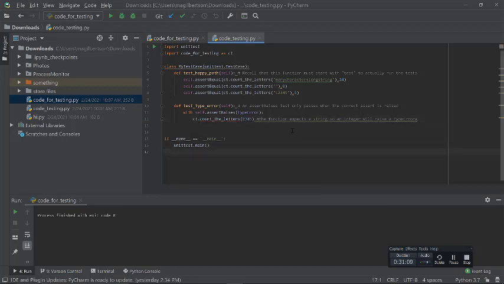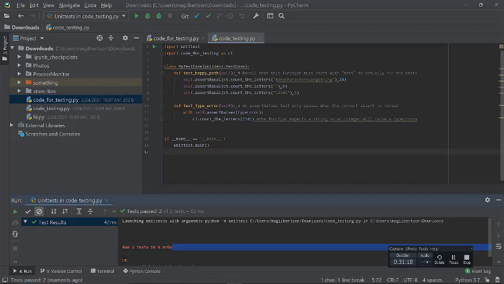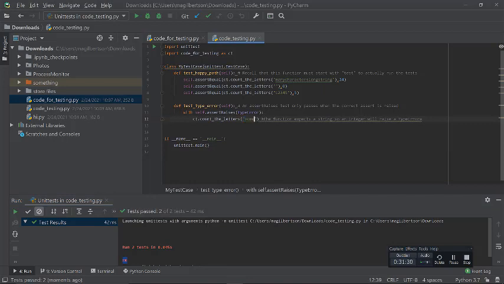If I just run this, there it goes. You can see I've ran 2 tests and everything's okay. Fantastic. Everything did what I expected it to. Just to show a bad case, if I send this something, this will not raise a type error because I'm sending it a happy path type variable. If I run this again,